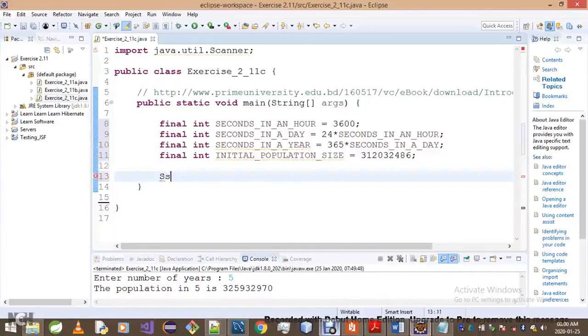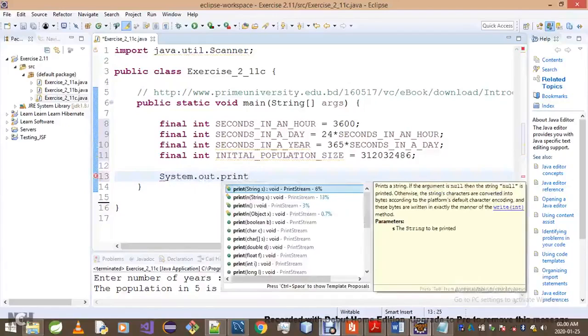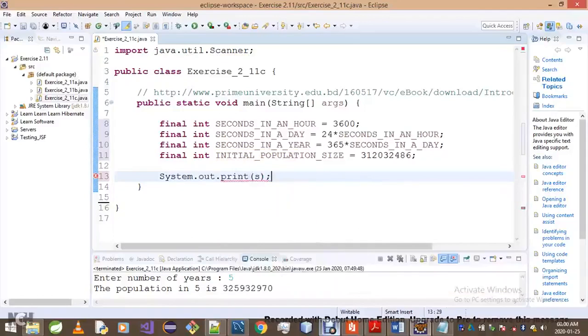So System.out.print, we'll simply go, enter number of years. Okay, we then go,